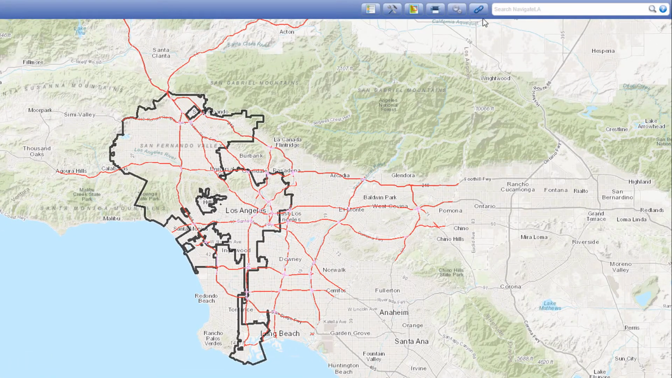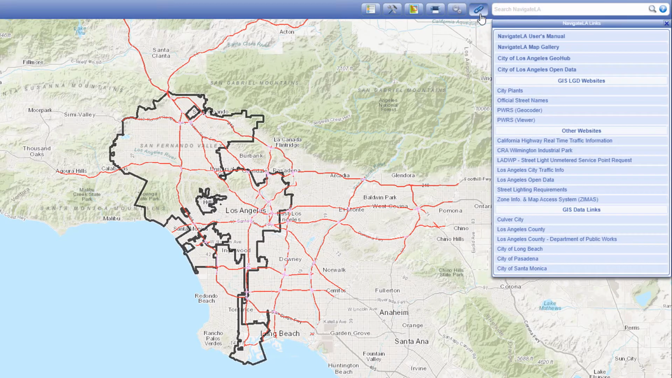The Links button is the last button in the NavigateLA ribbon. It provides convenient access to various city applications and related websites with a single click. It's divided into 4 sections: